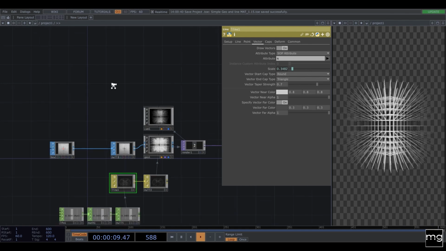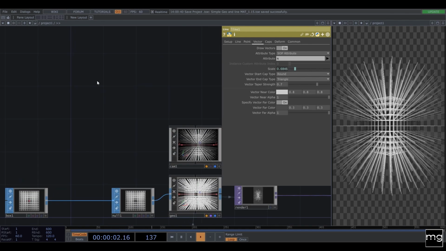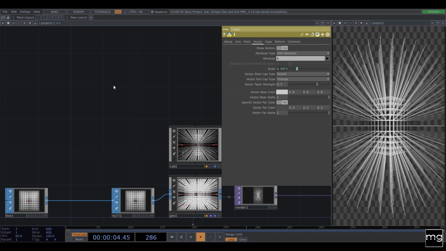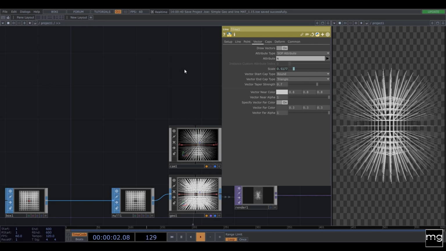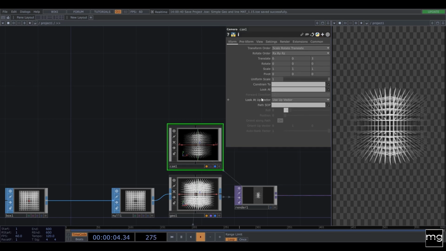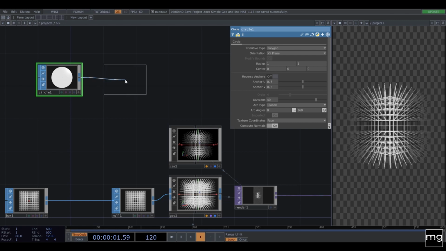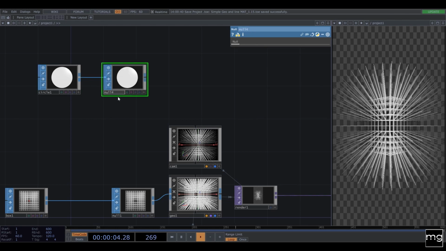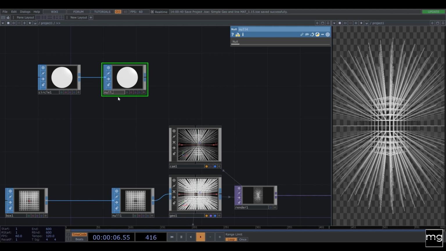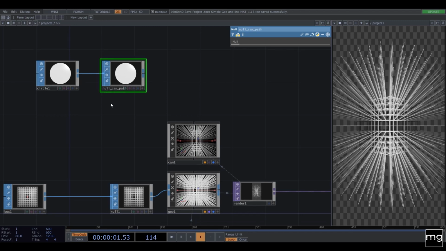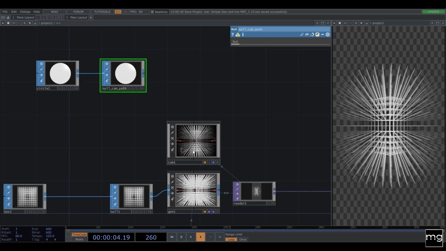Another thing that I would like to do in this type of setups is to play a little bit with the camera. So I'm going to add a camera movement. So in here, we're going to use a path solve. So I like to use a circle as a path solve. And from here, as always, I'm going to add a null, and I'm going to rename it to cam path. So this is going to be the one that is going to manage the camera path.